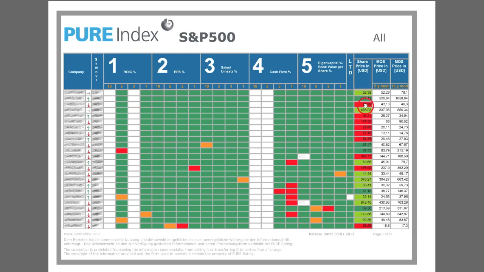So in our example, $405 means that today's stock price is below both the 5-year as well as the 10-year margin of safety prices. Now, if we see the light green field, it actually means that today's market price is below only the 10-year margin of safety price. Now, if today's stock price actually trades above both the 5-year and the 10-year margin of